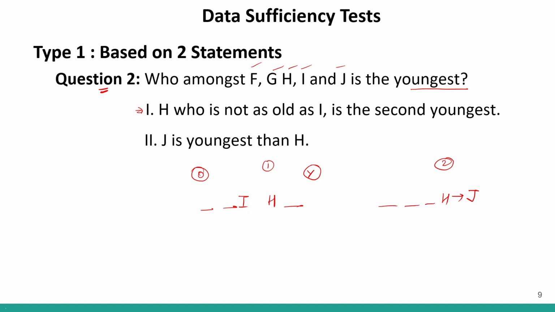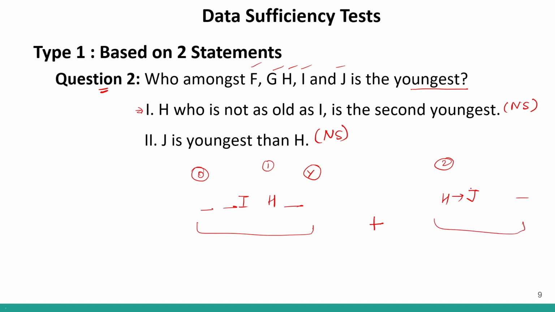But no other placement is given to us. We have 5 people, and no other placement is given to us. So this is also not sufficient. I am using the initials NS, and this is also not sufficient. Now if I add these two statements, if I add this information and this information, so I